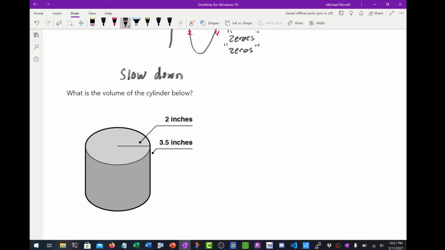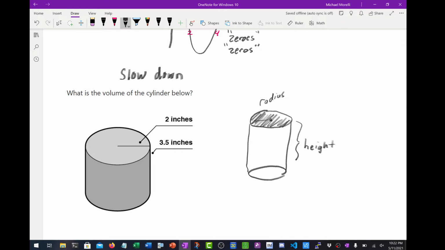So let's talk about the volume of a cylinder. I like to think about a cylinder as two circles, like this, and there's some space between them, all right? So there's some kind of height here, and then typically we have some kind of a radius. And so the way I think about it is, if I can find the area, which would be this shaded region, the area of the circle on top,